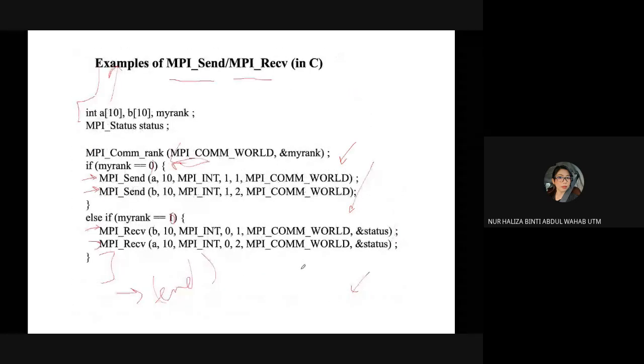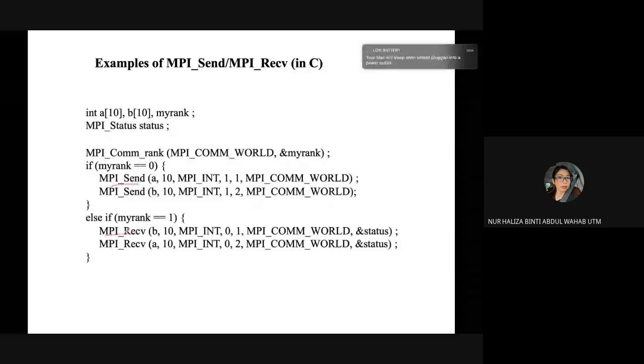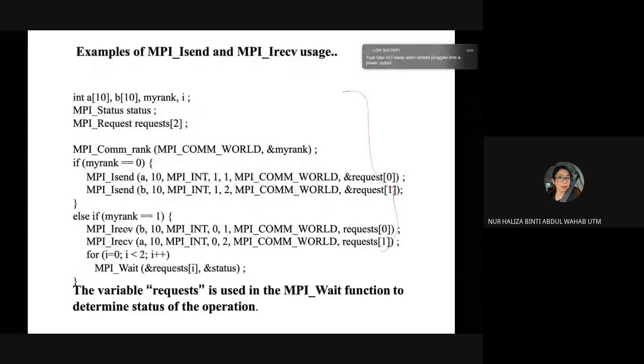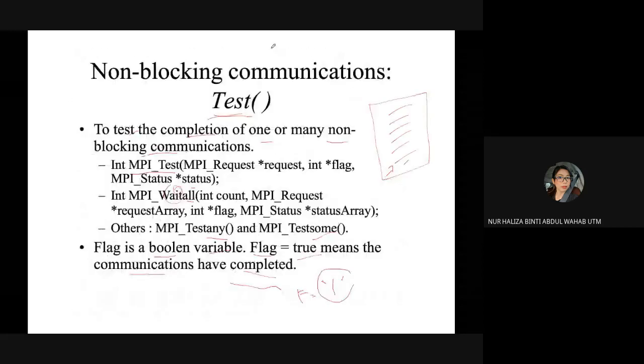Because over here you are using MPI send and MPI receive, but what happens if you have a command using MPI I send and MPI I receive?